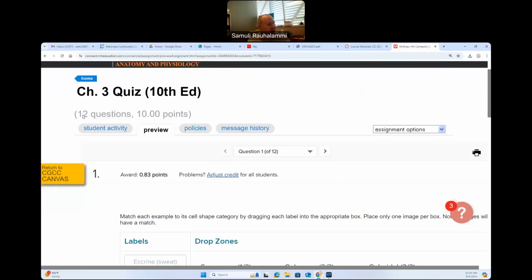So I hope that that helps you in capturing the big themes of what I want you to get away from the quiz for chapter 2. Let's also have a quick look at the chapter 3 quiz, again similarly to frame our thinking about what we might expect to see in homework. Chapter 3 quiz, 12 questions adding up to 10 points, includes a variety of different kinds of things.